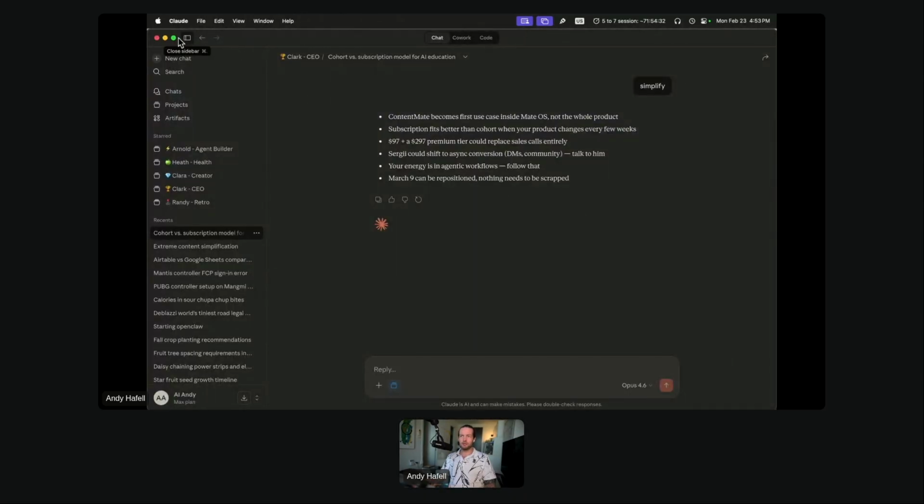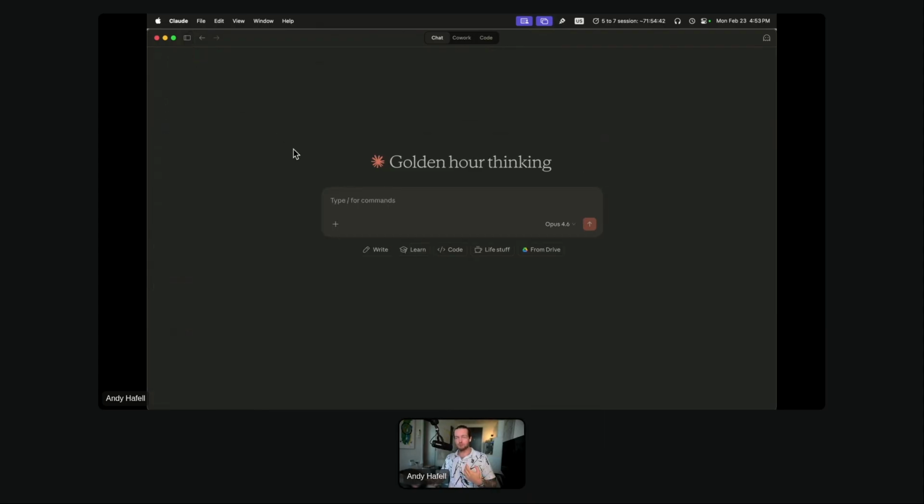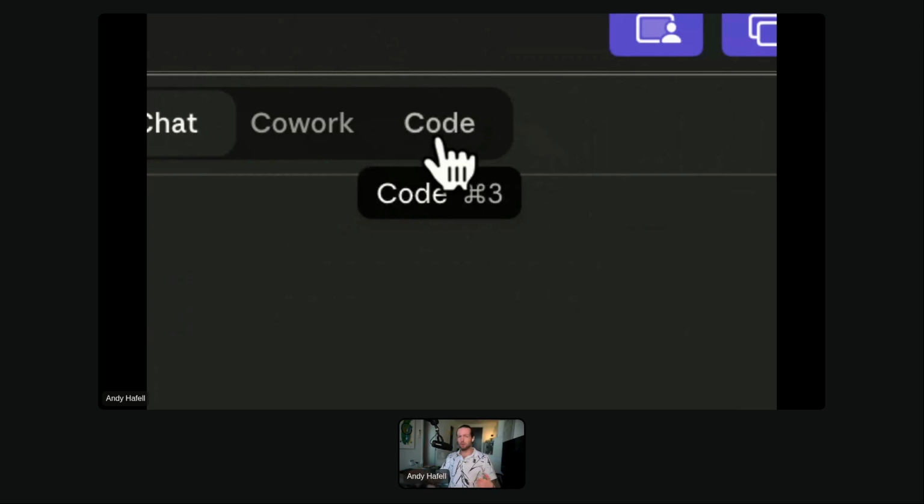And here is where you can add a new chat and act just like an LLM that you are probably normally used to. However, what is different from this compared to how a real agent can work for you is that you have both Cowork and you have Code. Now, code is something that people are afraid of, but this is actually using no code. We're not going to code anything. But this is the most powerful AI chatbot that you can use. And so, therefore, this is what I'm going to teach you next, how to use Claude Code.